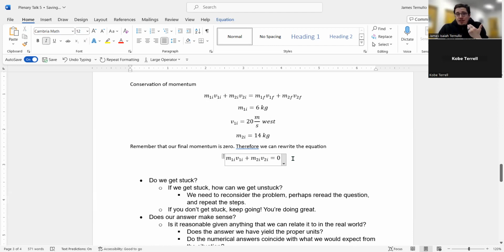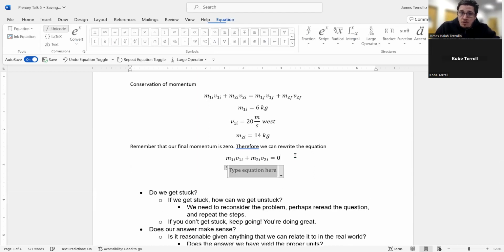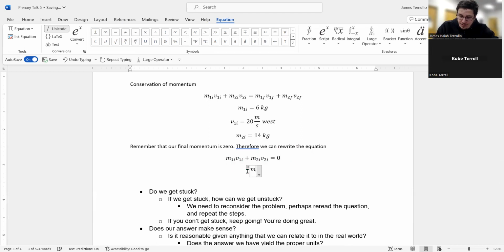So for me personally, they always trained us to solve these equations first. Don't start plugging numbers in. That's just more you have to write, and then that's more you have to keep up with. So it's better to just solve for your answer now instead of continuing with more writing, and then it's more likely you're going to miss something or mistype something somewhere. So I'm going to move object 1's parameters over to the right-hand side of the equation. So that way it yields